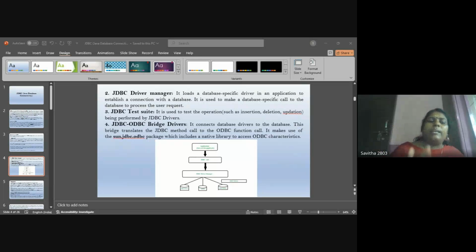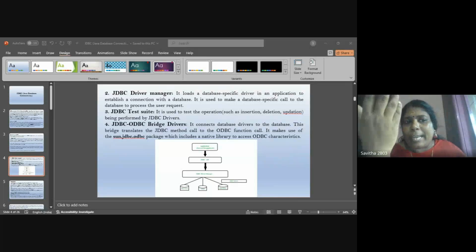Okay, then we need to establish the connection between the database and the Java program. We need a driver class name. Here we already declared the driver class name, sun.jdbc.odbc.JdbcOdbcDriver. That driver class is activated by using Class.forName. We invoked that method, Class.forName. Then we need to implement the connection, so we use the Connection interface.